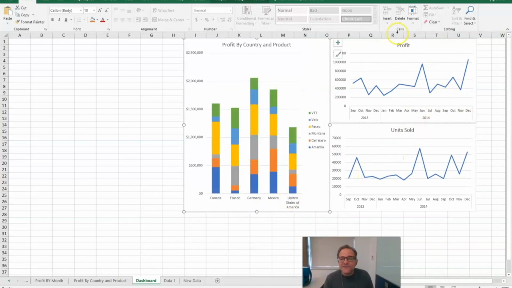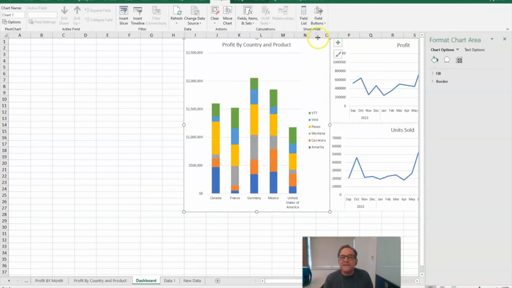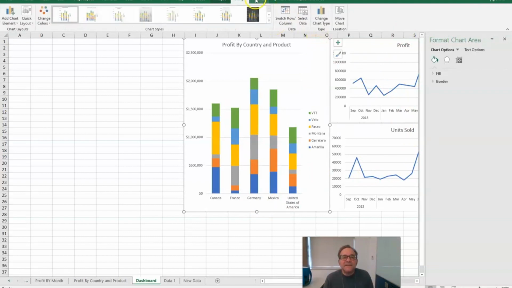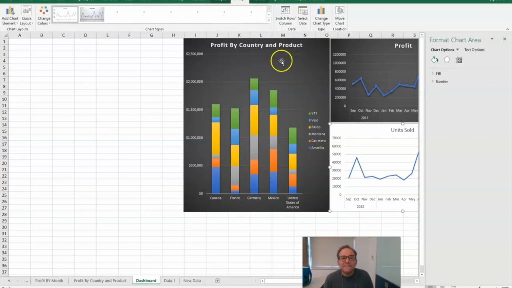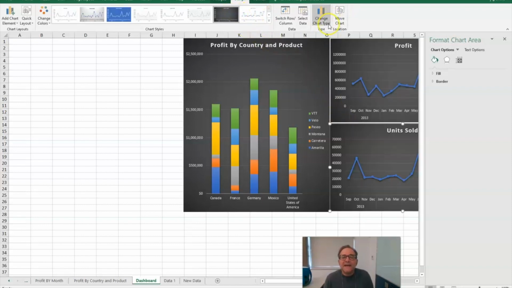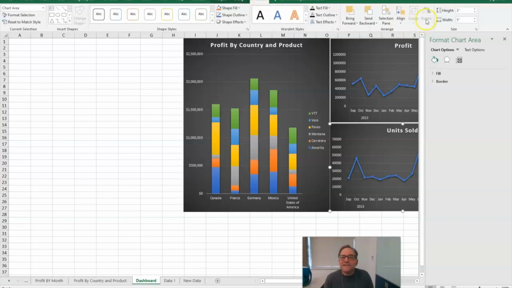And you can fine-tune this on your own. You guys know that you can double-click on these guys. You can actually design them in different ways if you want to go for a different look. Yeah, I don't hate that. Can do that on all of them, I guess. And then you can position them and size them up.